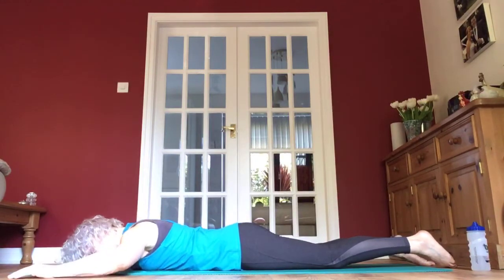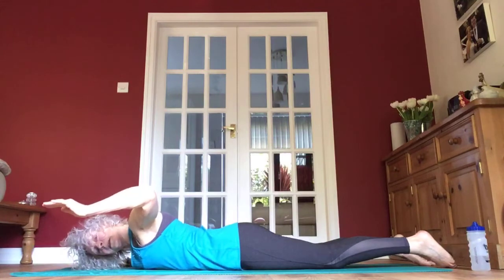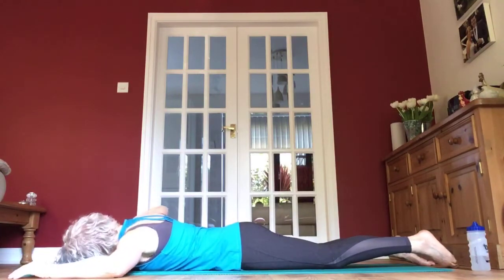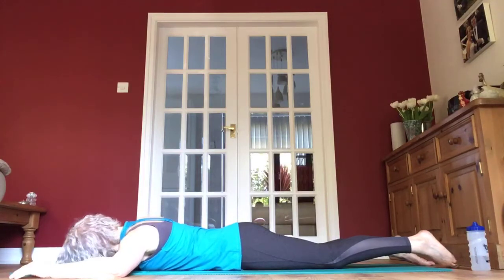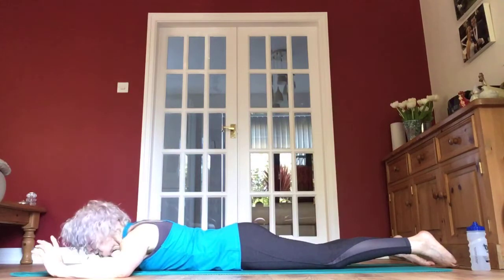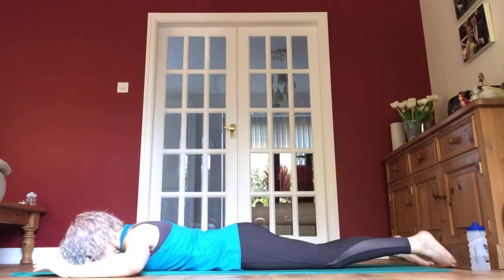Make sure your shoulders aren't sliding up to your ears. Let's make the next one the last one. Keep reaching your feet away from your upper body. Okay, that's option one. If you want to do option two, instead of having bent arms,